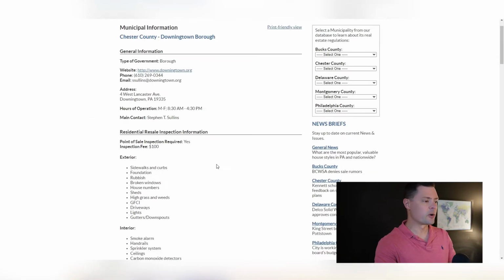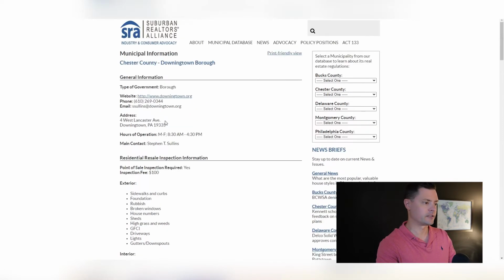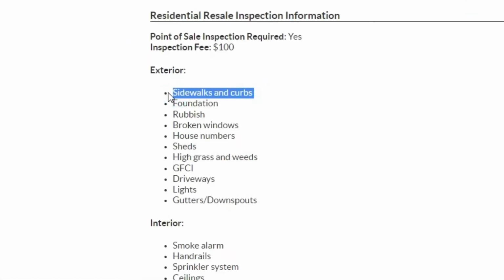So with the Downingtown borough, you can see the information here, the main contact and all that stuff. And you can obviously reach out to the government people and they'll tell you, if you have questions for them, I'm sure they'll be happy to answer them. But you look at the exterior here, so they're making you do sidewalks and curbs. And again, that's a really expensive one potentially if you have failed sidewalks and curbs. They're looking at your foundation, if you have rubbish,